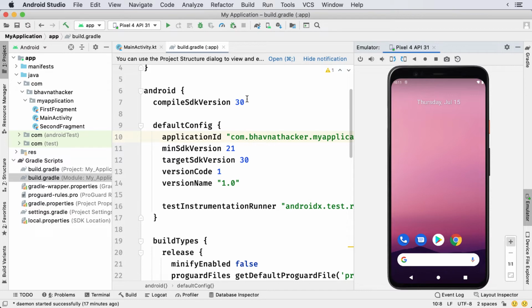Now, fourth step, modify your app to target Android 12. Android 12 is going to be API 31, so we change this 30 to 31. Target SDK version to 31. Click on Sync now.